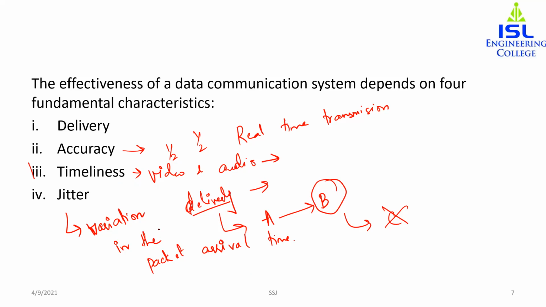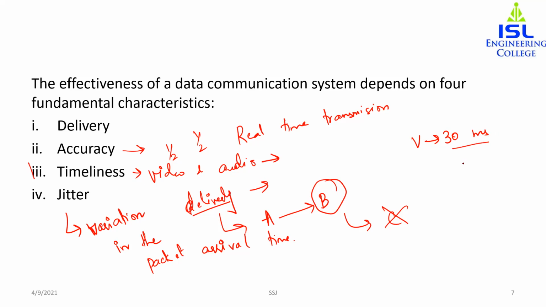Suppose I'm giving an example: video packets are sent every 30 milliseconds. We have a video which we have divided into packets, and each of them is being sent every 30 milliseconds. If some of the packets arrive with a 30 millisecond delay and others arrive with a 40 millisecond delay, uneven quality in the video is the result. So you are transmitting a video and the computer has decided that there should be a delay of 30 milliseconds.